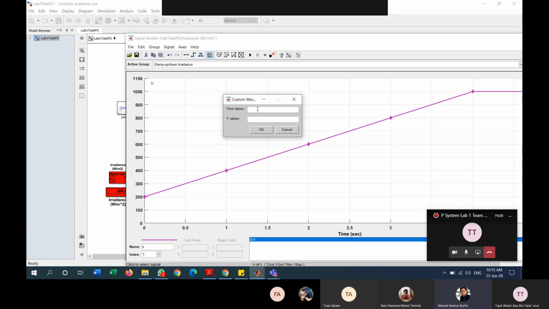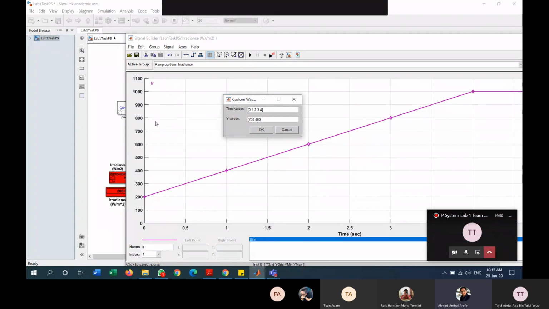Okay, so you can put here the time values. Here is the time part and this is the irradiance. The time is starting from 0. So just put here a third bracket, time for 0, 1, 2, 3 and 4. And in the y value, put the irradiance values like